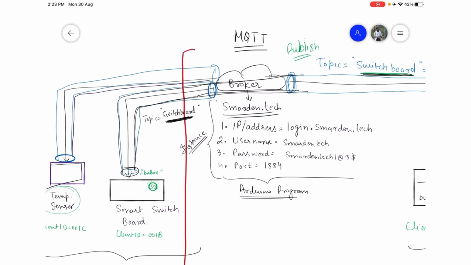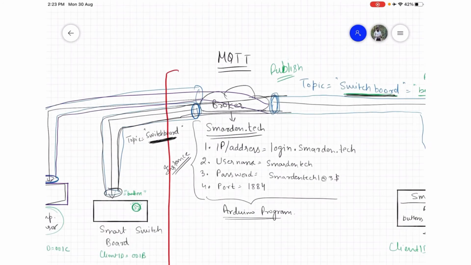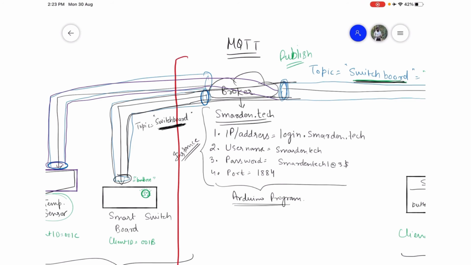So how are we connecting them? We are using the topic Smarden Tech Response. So whatever data I am sending from any sensor to this particular topic, I will get it on the dashboard.